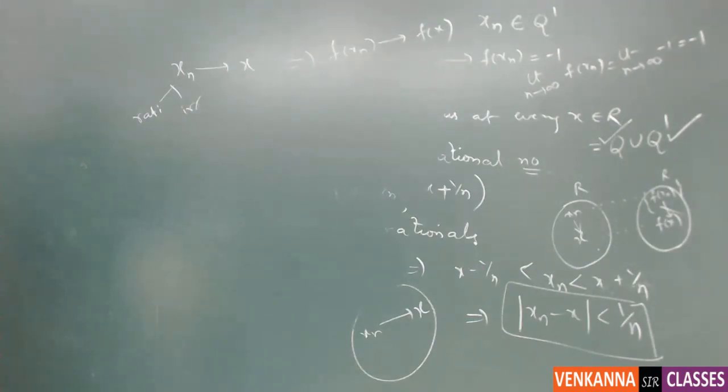Then also you can apply the sequence criterion. The advantage of the sequence criterion is that you can find so many sequences in the domain which are converging to the point. You can consider any sequence. The corresponding image sequence must converge to the image. That is the idea. So if you can identify one sequence in the domain which does not satisfy this property, then you have shown it is discontinuous. That is the whole idea. Why? Because